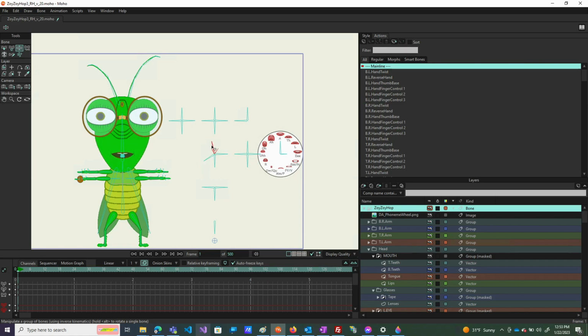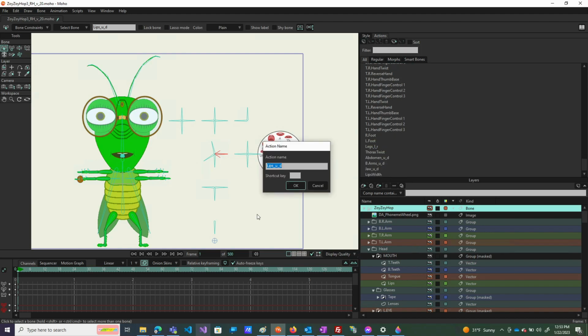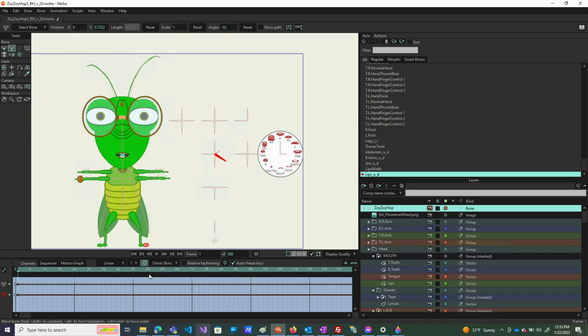Okay, so next step would be to do the lips opening. So lips up and down. You can call it lips open as well. Lips open, close. But I use up and down for most things, so I'm using up and down here. So at the 1 point, we want it all the way down, or open as far as we go. And at 64, we want it to go all the way up, or as closed as we can get the